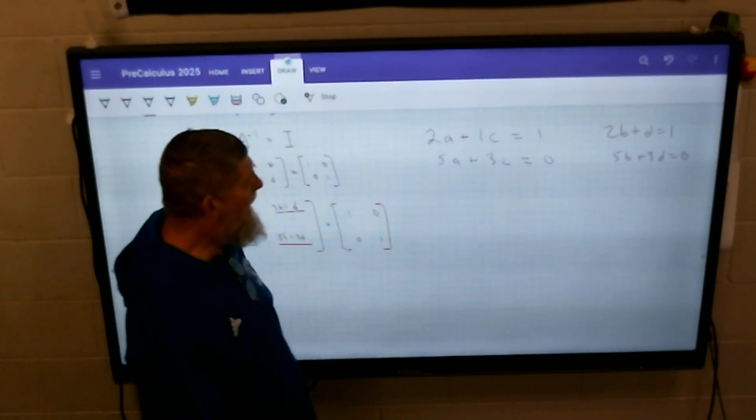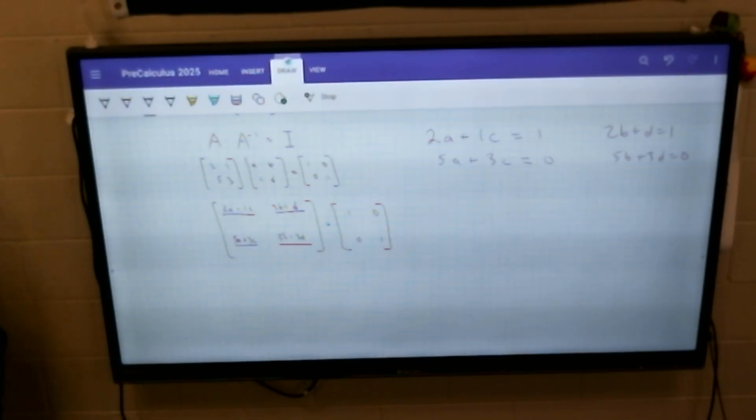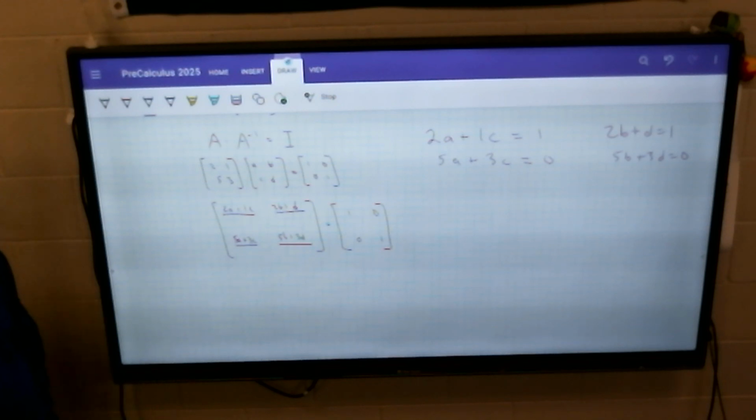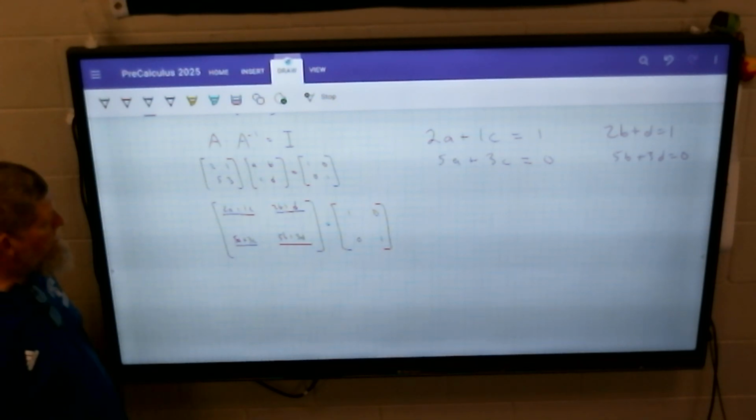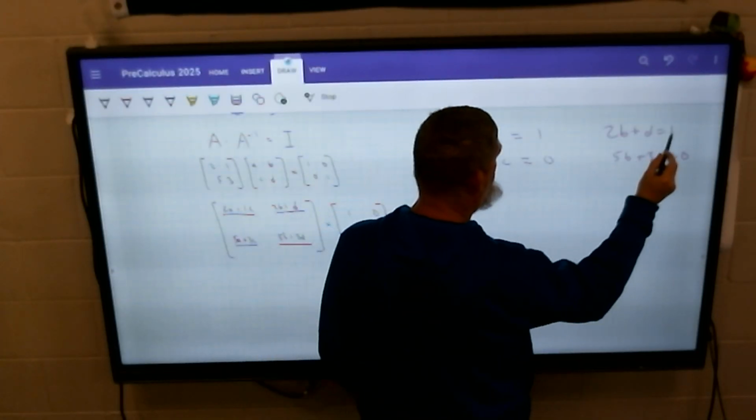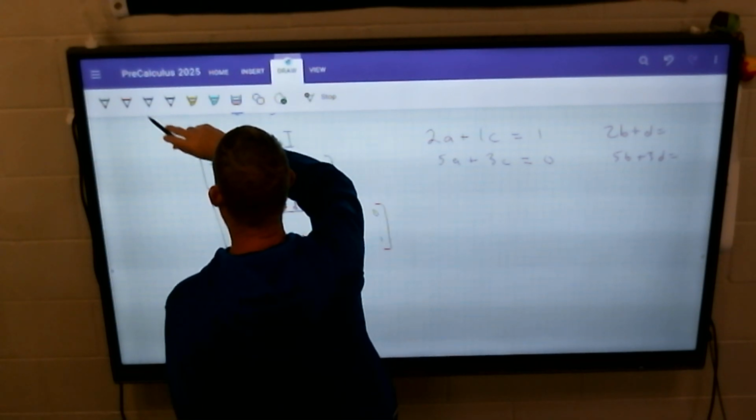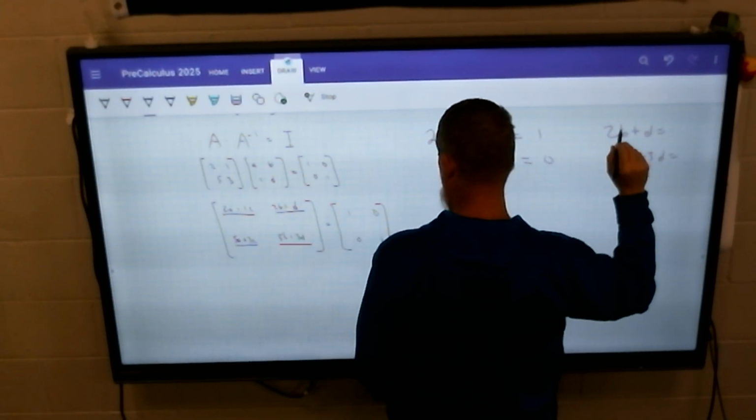Okay. How do you want to solve those? Or actually, oh, 5B plus 3D is 1. Yep. How do you want to solve these equations? We have lots of methods to do it. We could use